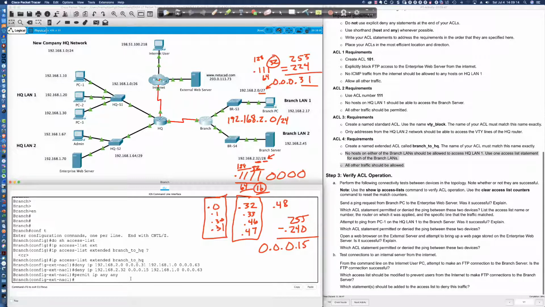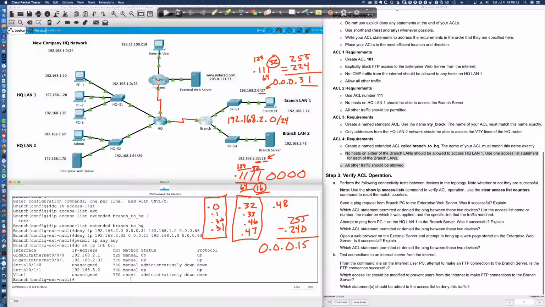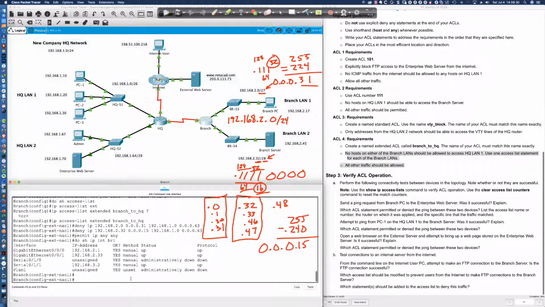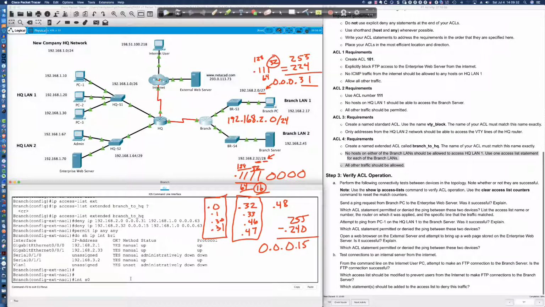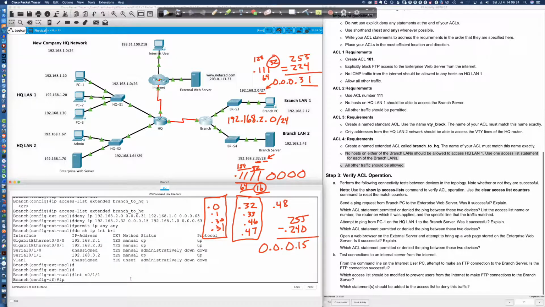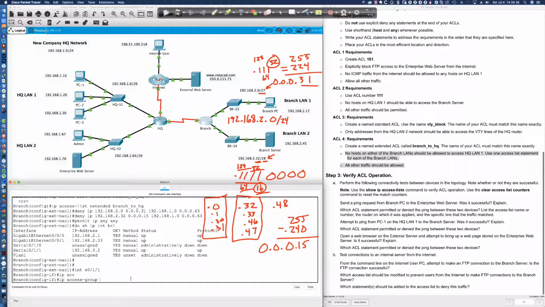And let me make sure I got everything right here. We got the branch ACL. All right, so we need 12 points, and I'm assuming that when I go into do show IP interface brief, it's probably serial 0/1/1, and it is. Interface serial 0/1/1, and I say IP access-group, and we name this, I've got to be careful here, branch_2_HQ, in the